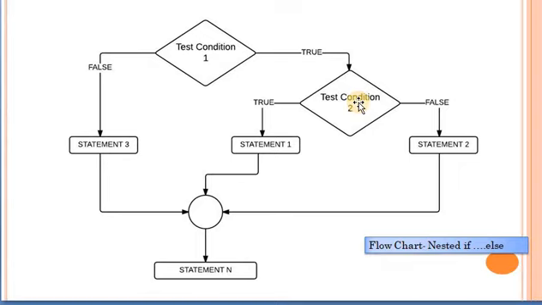If it is true, then the true block will get executed. Otherwise, if it is false, then the false statements will get executed. If test 1 itself is false, then it directly executes the last else block statements. Okay, this is the flowchart of the nested if else statement.